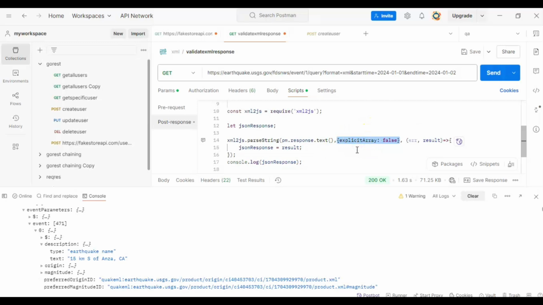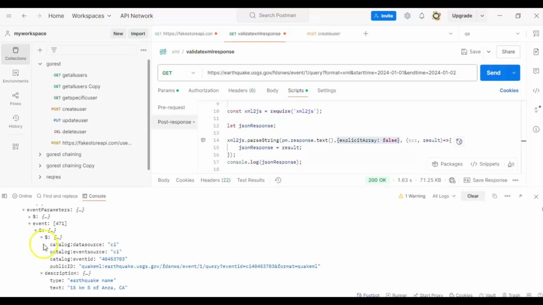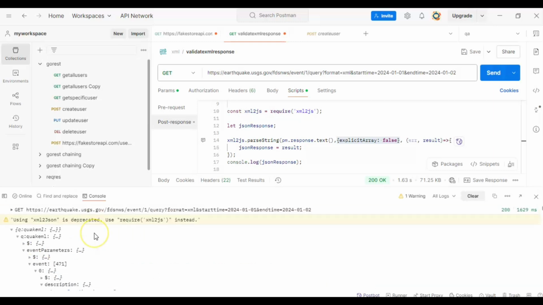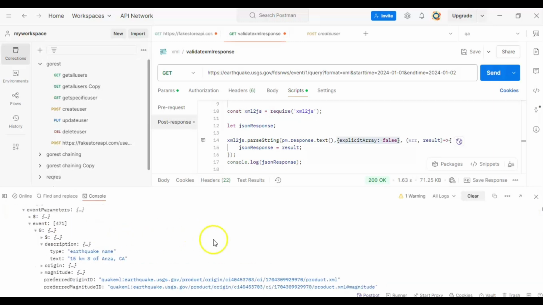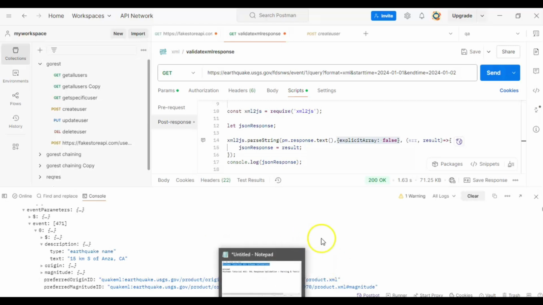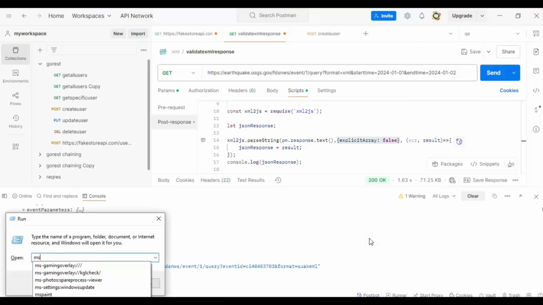So what we are telling is, if there is only one node, suppose the description has only one node sometimes, don't convert it. I will show you. I think it doesn't have. Right, it has only one node. Array has only one node. That means, suppose, let me open